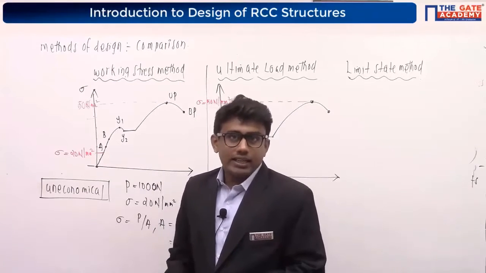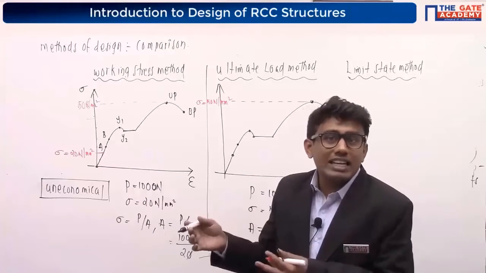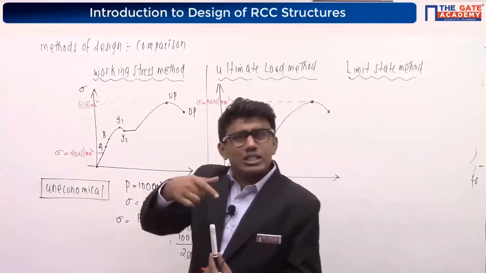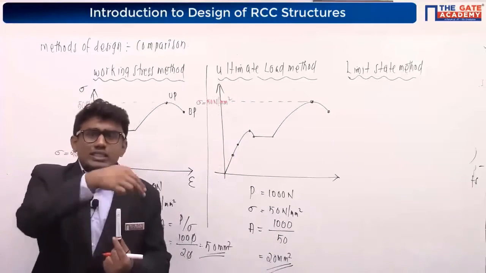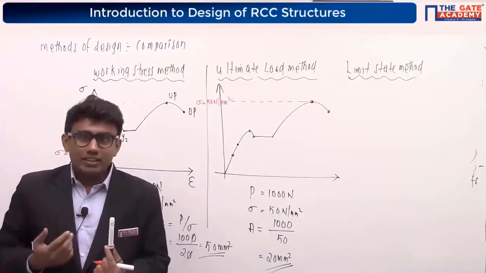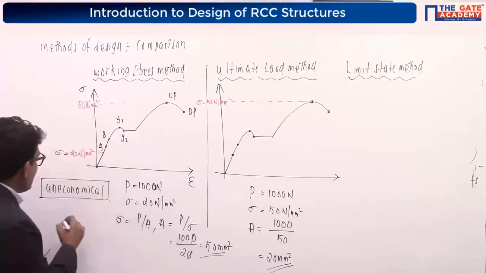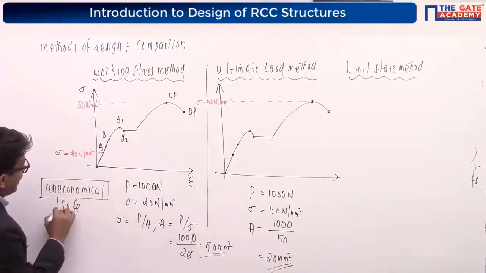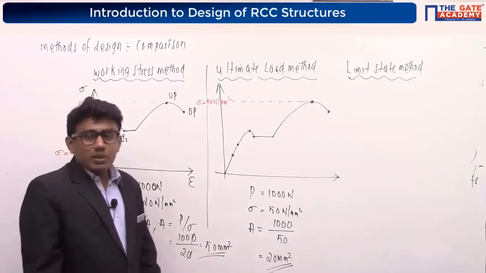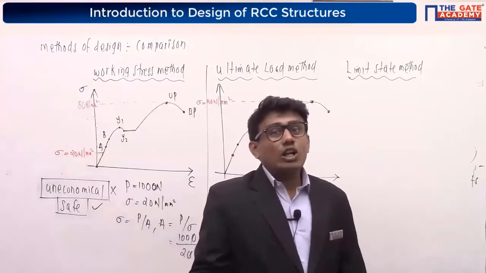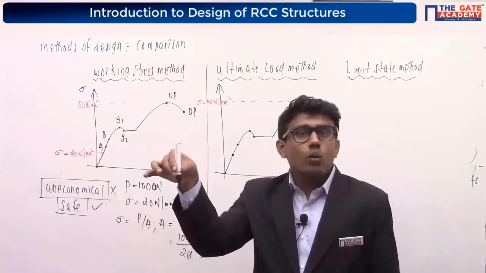Are you getting it now? So we will be getting thick members, which will lead to an uneconomical design. But as the cross sectional area is more than required, will it be safe or unsafe? It will be safe. So the section will be safe, but it will be uneconomical. This is the advantage, this is the disadvantage. So in working stress method, the cross section I will be getting is uneconomical, but it is a safe structure. So this is the material I obtained by using our working stress method.